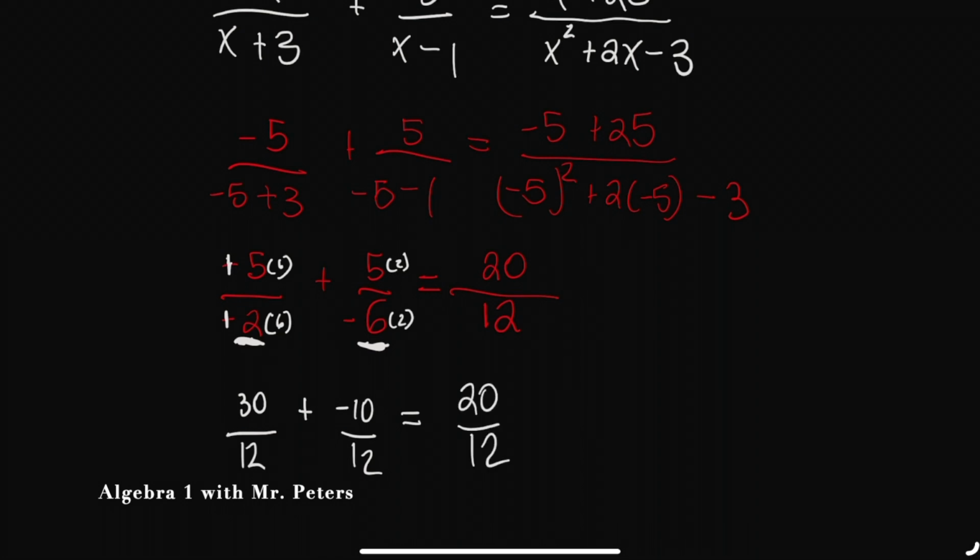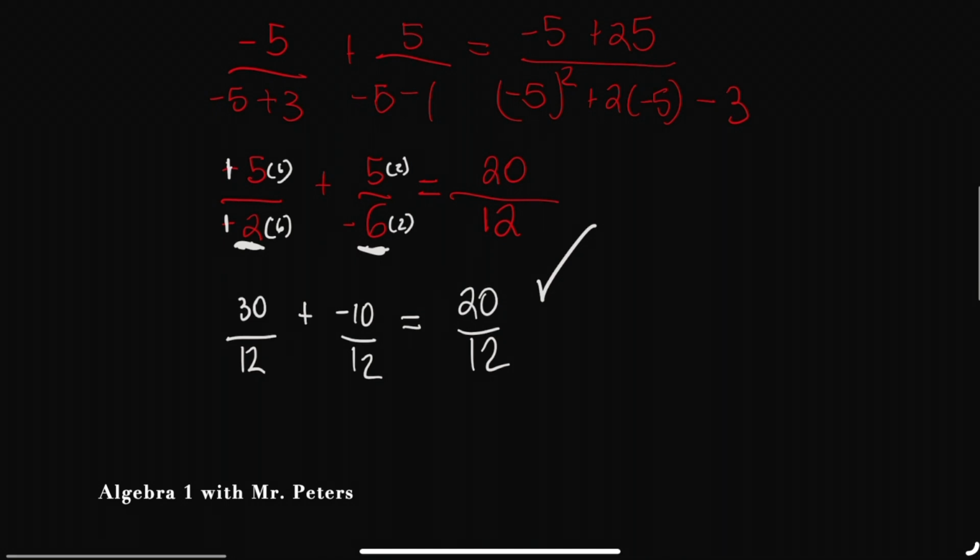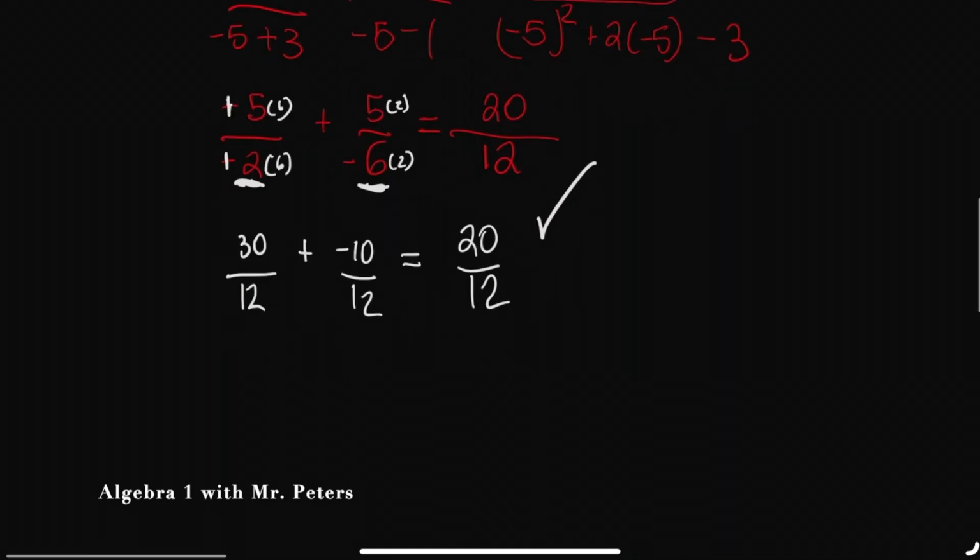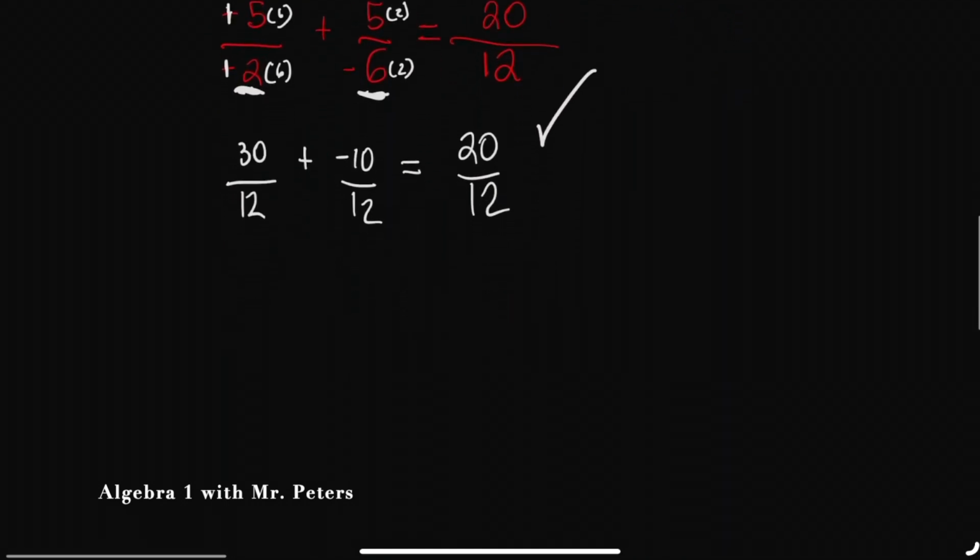So we know that -5 is not an extraneous solution because it actually satisfies the equation. Now let's check our second answer. We're going to switch to a different color, pink. So now we go back and do the same thing, but we're substituting in +2. So I have 2 over